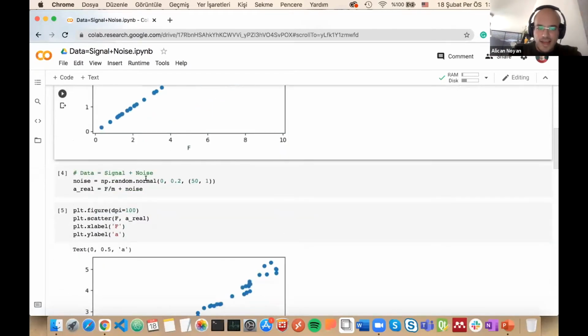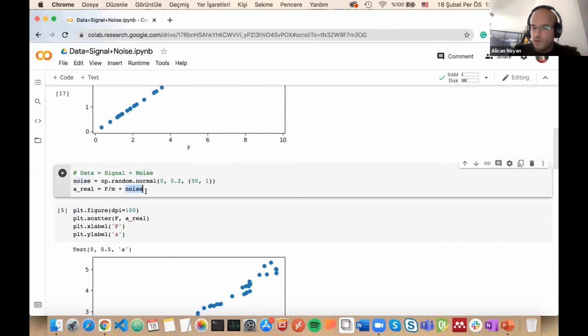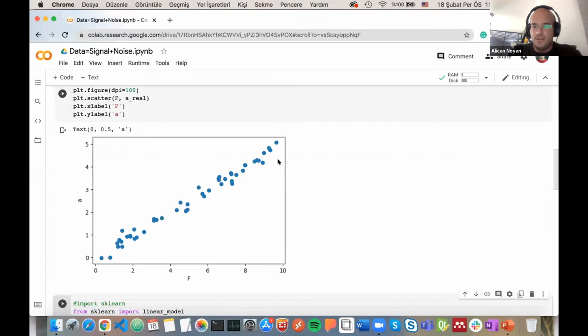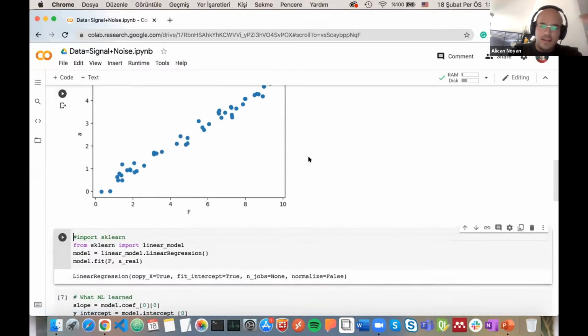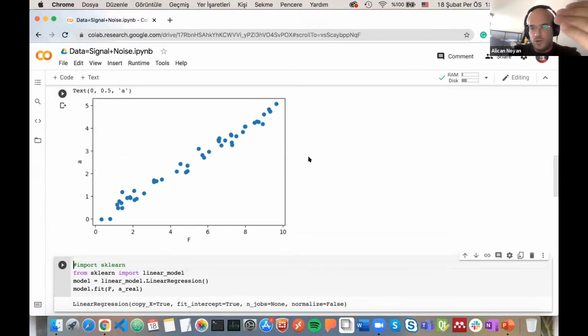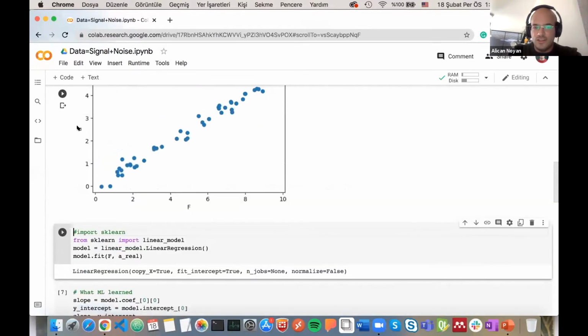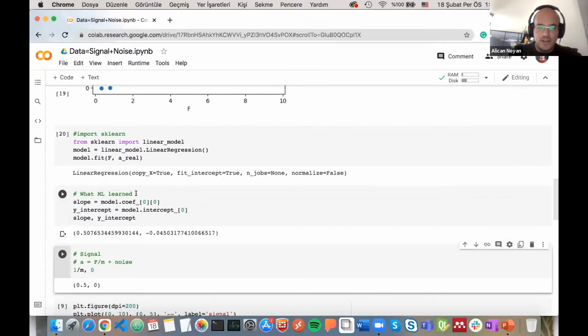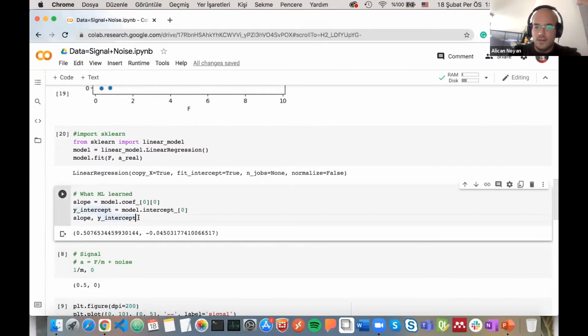But in reality, probably there will be some kind of noise because maybe there is friction. You have a frictionless table, but it's not perfect. There's friction, maybe your measurement is not perfect. So in reality, this is what you'll get, something like this. And if you want to fit a line to it to describe the relationship between acceleration and F, you can simply do this with scikit-learn. And you can check what is learned: what is the slope of this fit and what is the y-intercept?